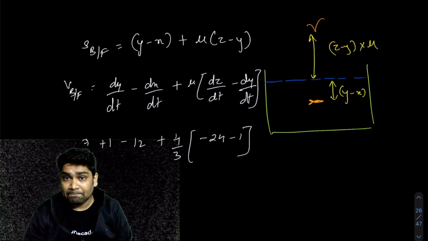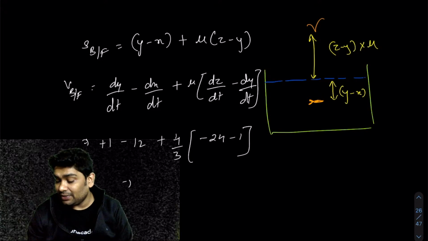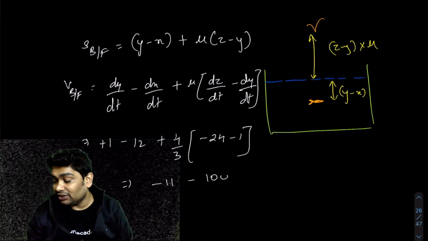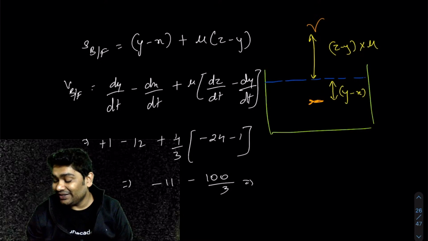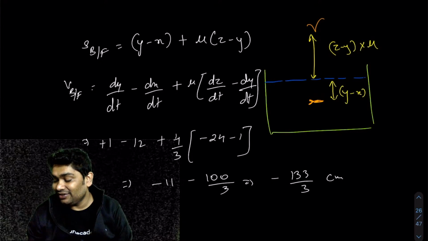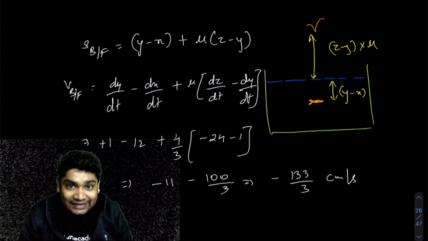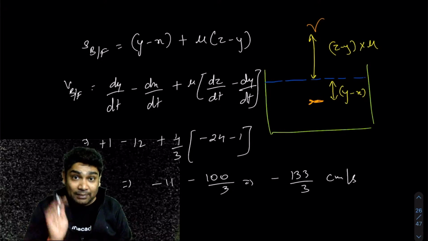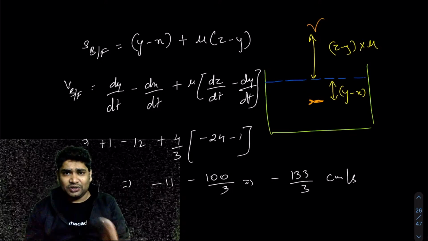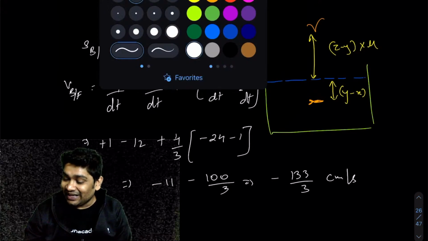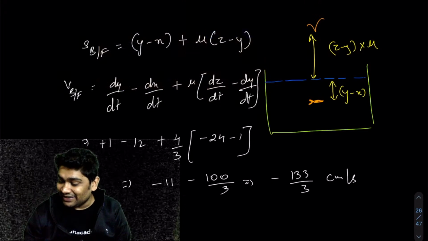ठीक है, what you have here is -11 -100/3. So this is -133/3. सो सही आंसर्स थे दोनों ही, 133/4 and 133/3, and the minus sign is suggesting both are coming closer to each other, which pretty obvious है ना, ये भी ऊपर जा रहा है ये भी नीचे आ रहा है, तो दोनों एक दूसरे के पास ही जाएंगे।